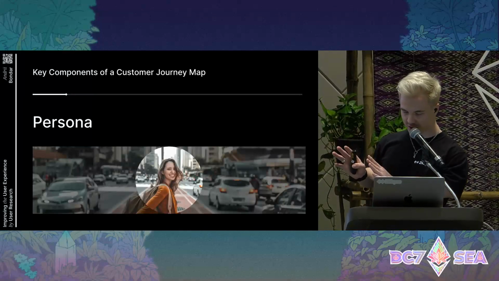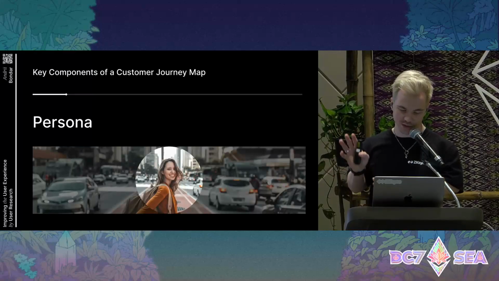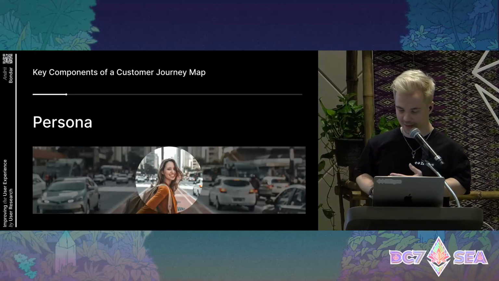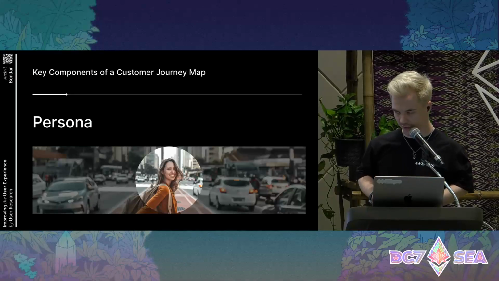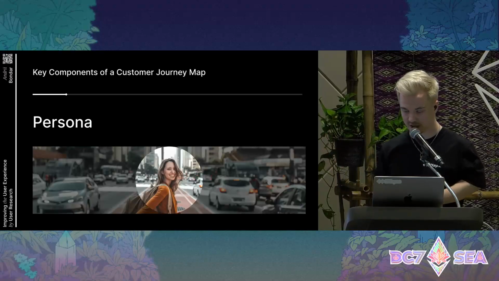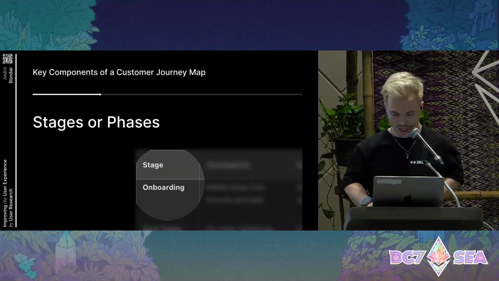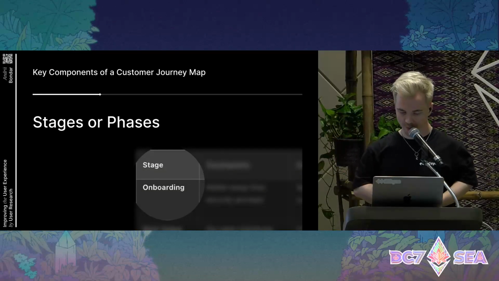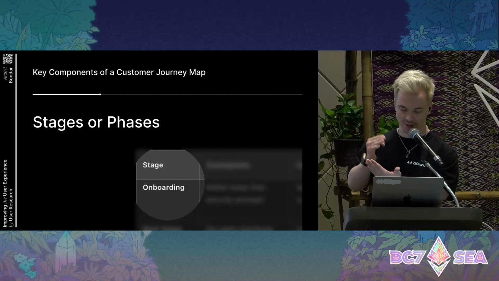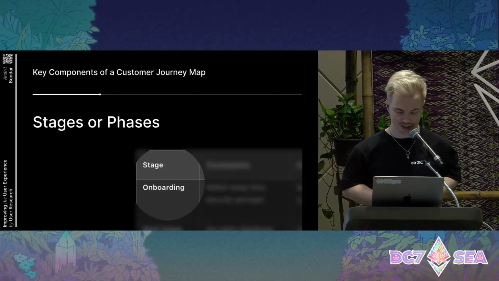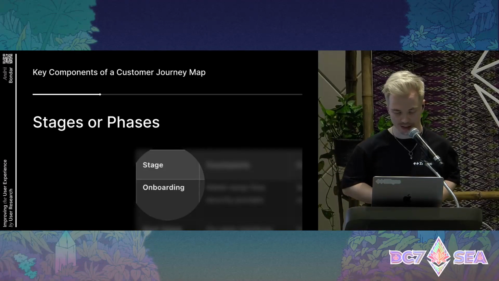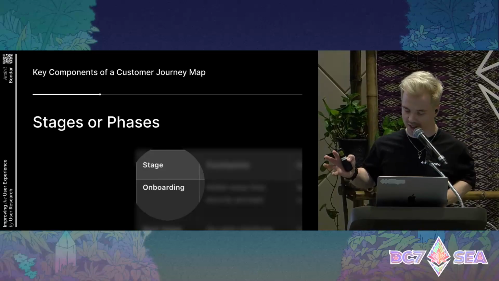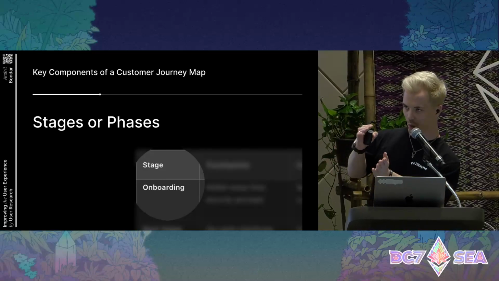Key component of customer journey map, persona. This is usually based on user research or represents specific type of customer with their defined needs, behaviors, and goals. For example, new blockchain user or a developer integrating the blockchain, like this. Stages represent different steps a customer goes through during the journey. Identifying stages helps us break down the overall experience and highlight where we should make